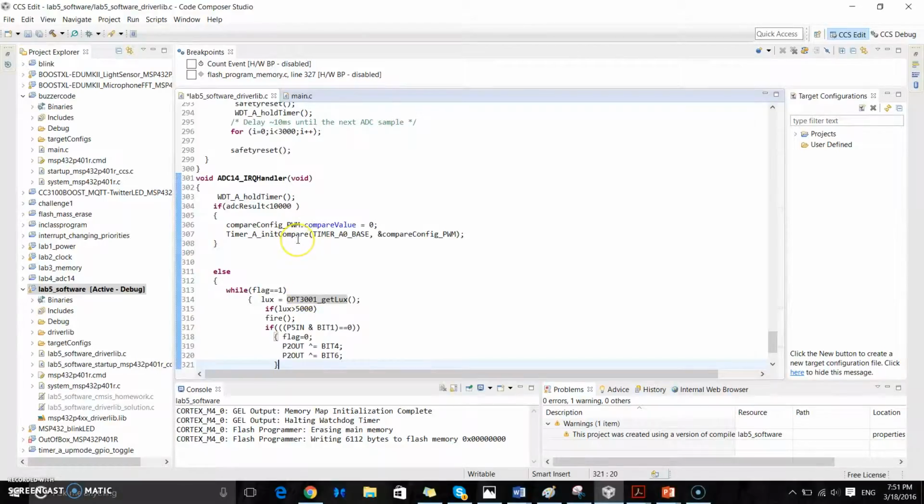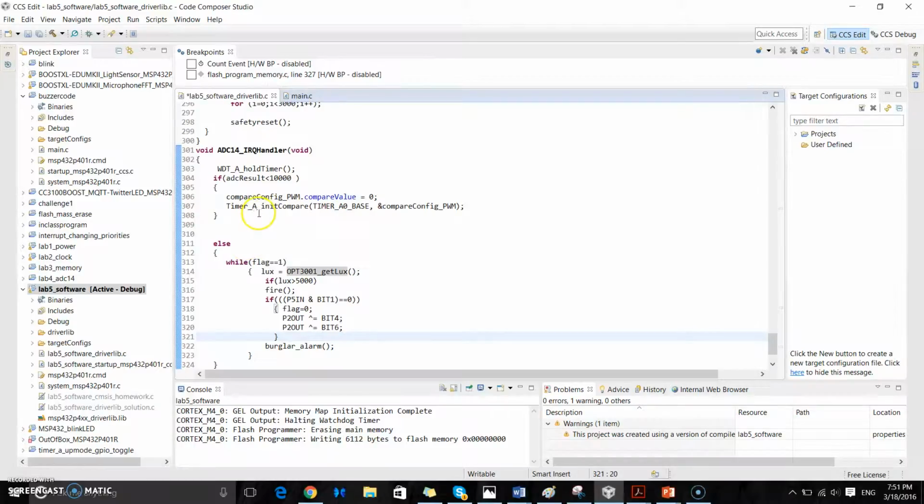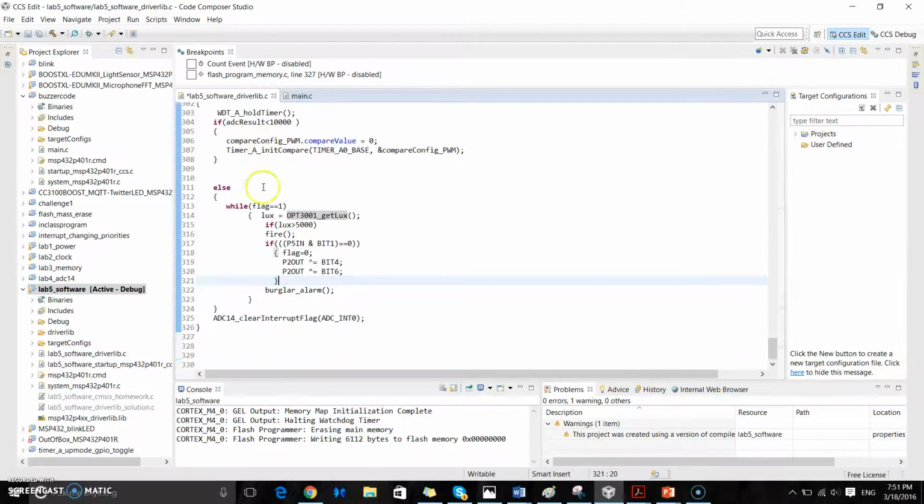Let me walk you through the biggest challenge that I've faced in this project, that is the function body for an ADC interrupt handler. The ADC interrupt handler's duty is to check if the ADC result is lesser than the threshold value or greater than the threshold value. If it is lesser, then don't do anything. But if it is greater, and if the burglar alarm is activated, that is being indicated by the flag being set equal to 1,